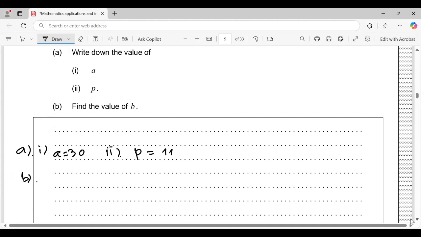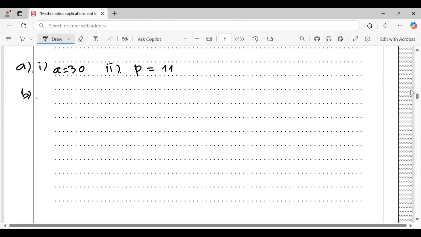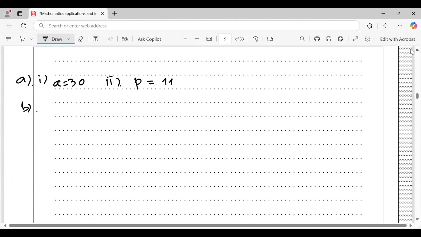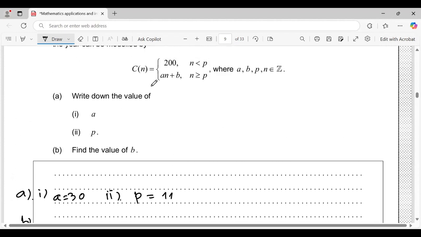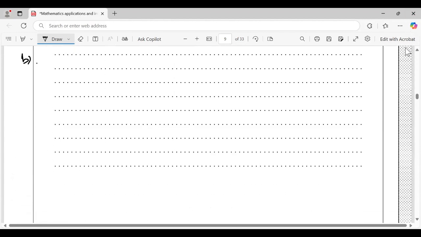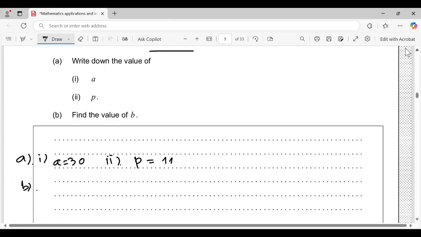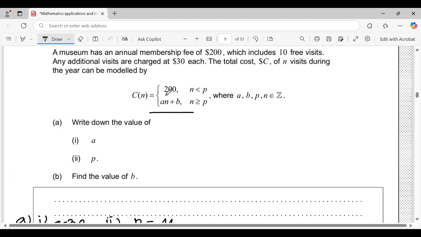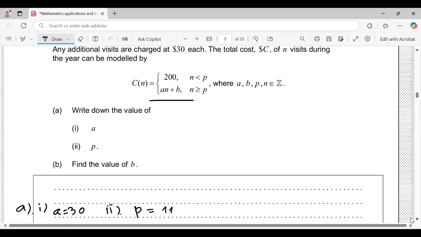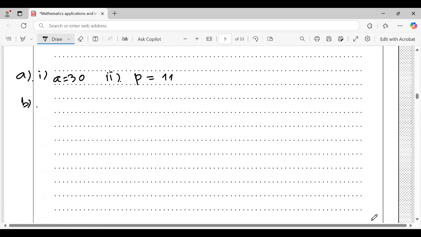Find the value of B, according to this equation: Cn = An + B, and this one, C10 equal 200. Right, A equals 30. So it means